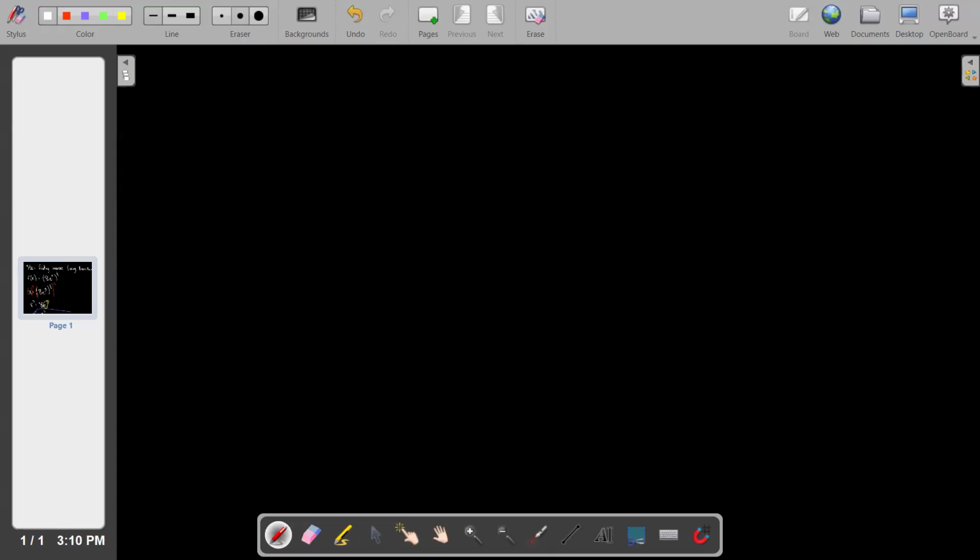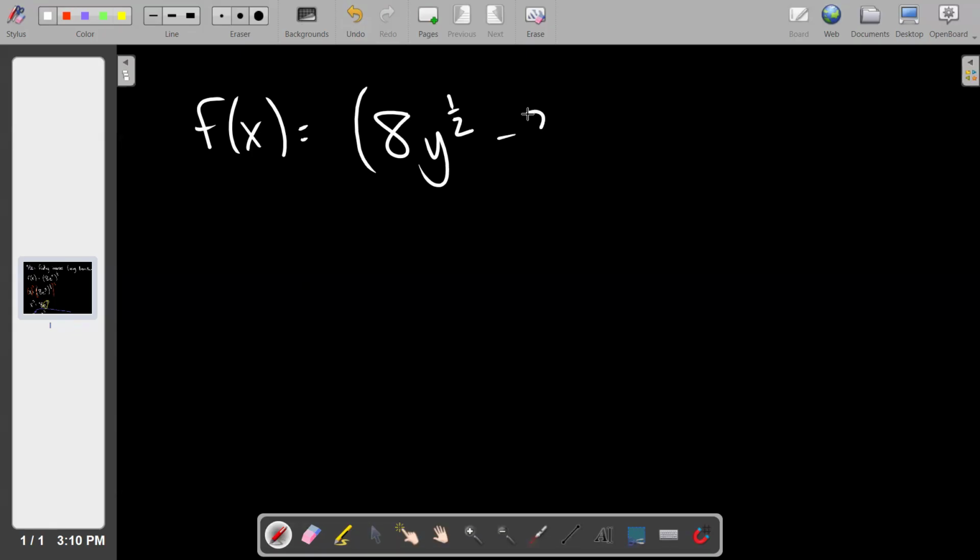Okay, let's do this. So our next example is going to be that the function f of x is equal to the quantity of 8x to the power of 1/2 minus 3, closed quantity, raised to the power of 7. And we want to invert this. So step one is to replace f of x with y and then switch the x and the y. Steps 1 and 2, we've sort of just melted together into one step. So we're now going to say that x is equal to,